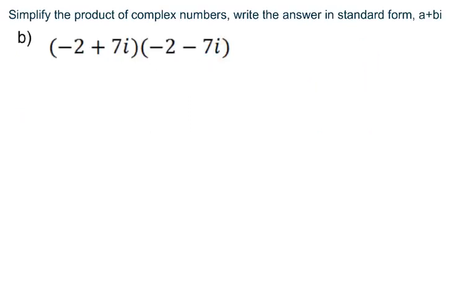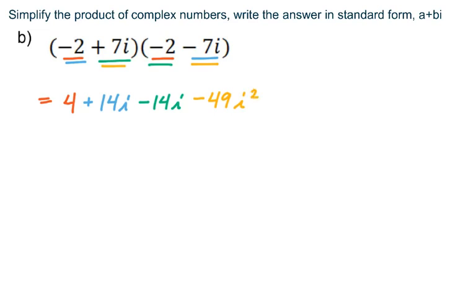So we're going to do another product here. We're going to simplify this product, multiplying two complex numbers, and again, writing our answer in standard form, or a plus bi form. So again, we'll FOIL. Negative 2 times negative 2, that gives me positive 4. Outer, negative 2 times negative 7i, that's positive 14i. Inner, 7i times negative 2, that is negative 14i. And then last, we have positive 7i times negative 7i. That is negative 49i